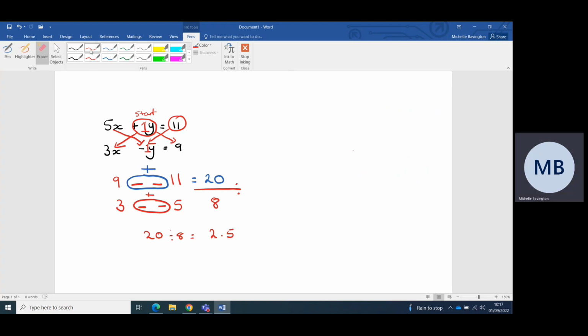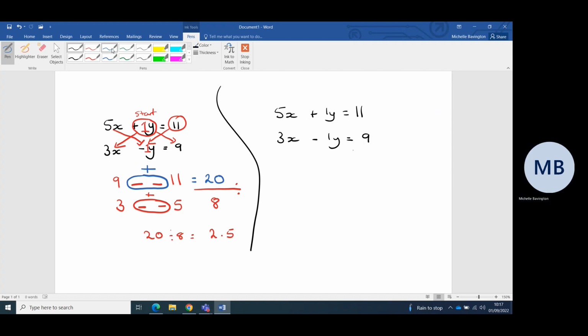Right, we're going to separate it just like you would. I'm going to separate that and rewrite it. Remember, 5x plus what? I'm going to write 1y. It doesn't matter. 11, and I'm going to do 3x minus 1y equals 9. So we're going to start from here